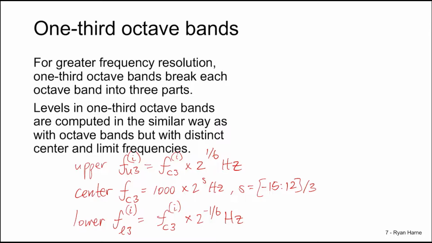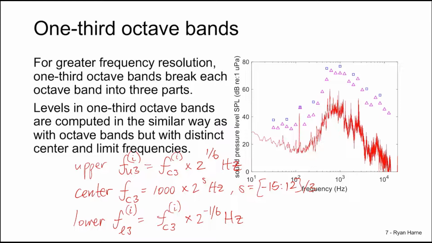When we perform this routine, what we find is that the 1/3 octave band levels shown here in the magenta triangles are less than the octave band levels. This makes sense. The octave band computation adds up the overall acoustic pressure. This means that octave band levels will always be greater than the narrow band or the distinct per frequency data recordings. This also means that 1/3 octave band level results will always be less than octave band levels,